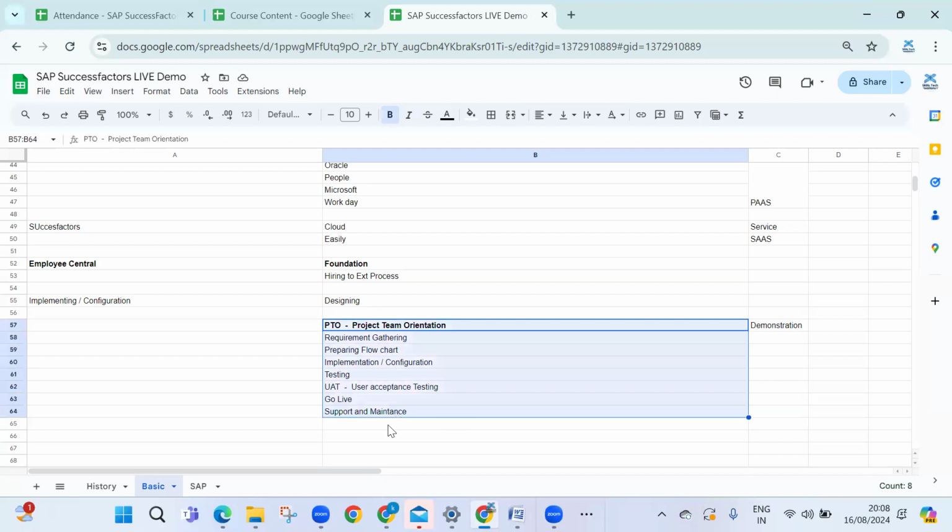Once you learn and gain some good experience, you will be involved in all these steps as a consultant to deliver a good product or service to the client, so the company can resolve their current issues or make the system work fine in a very systematic way. I hope I cleared up the functionalities and what exactly SuccessFactors does and what we work on.